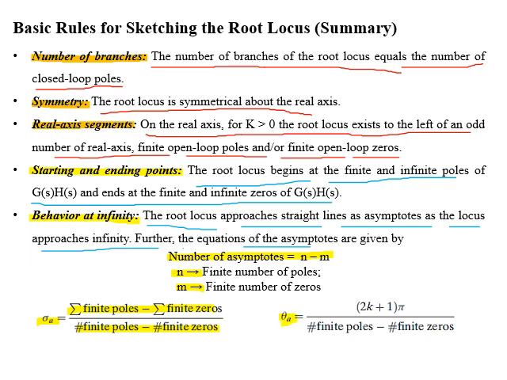Center of asymptotes, which is equal to the sum of finite poles minus the sum of finite zeros divided by the number of asymptotes, and the angle of asymptotes, which is equal to odd multiples of pi radians divided by the number of asymptotes, or odd multiples of 180 degrees divided by the number of asymptotes. With the number of asymptotes, their origin